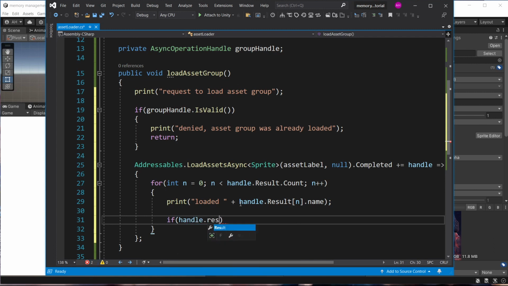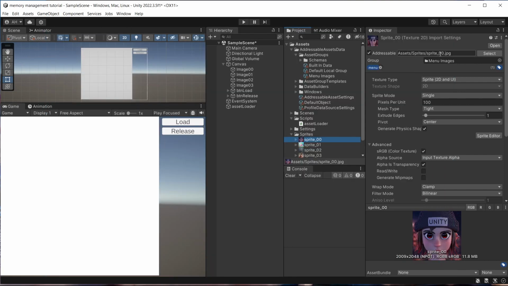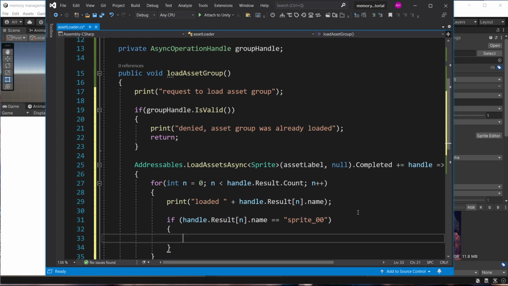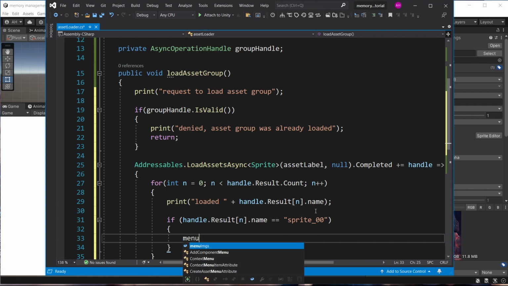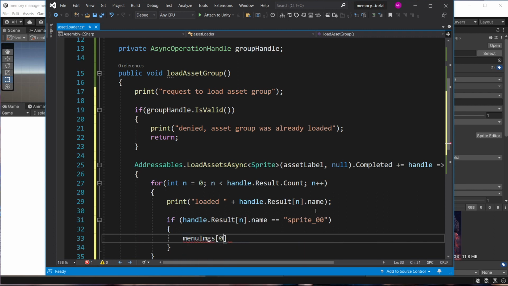If handle.result.name is equal to Sprite_00, and also this name is going to be inside of here in the addressable address. It's got Sprite_00, so you might have a different name. So if it's the first sprite, then we want to attach it to the first image. So menuImages element 0 .sprite